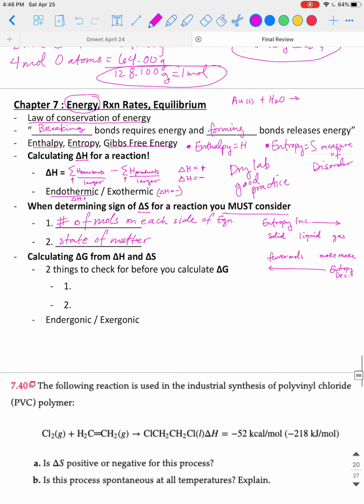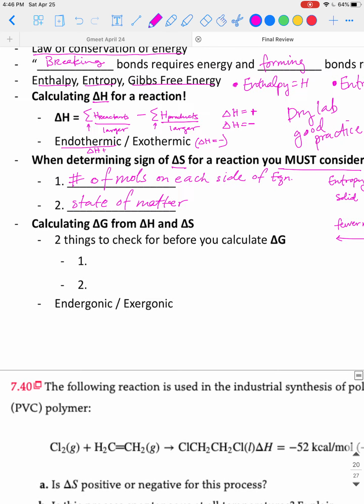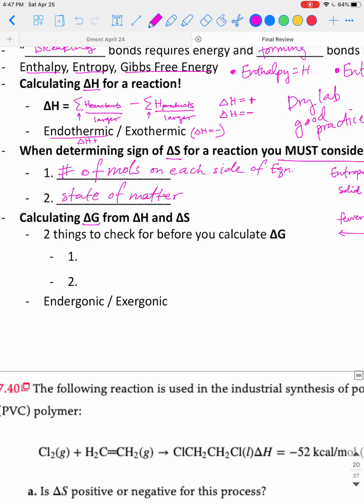So this is a figure from your textbook. Make sure you know these things when you consider how to determine the sign on delta S. Make sure you review those things, and you can confidently look at any chemical reaction and determine, is delta S positive or negative. Okay, lastly, we had to learn how to calculate delta G, Gibbs free energy, from delta H